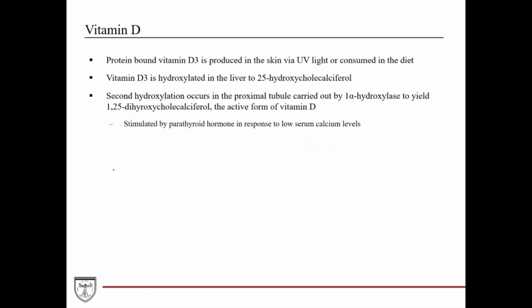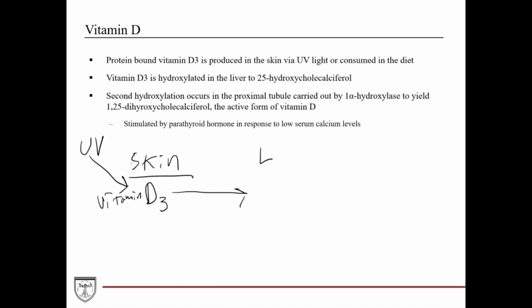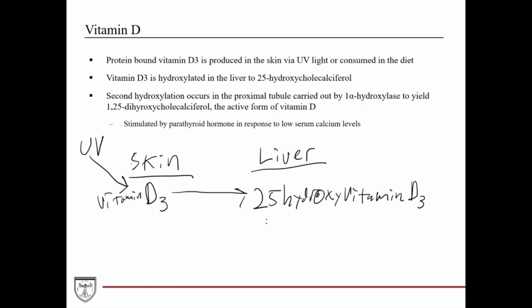The other thing is that vitamin D synthesis is a multi-organ process, and the kidney plays an important role. So you have the skin where it starts out, and we mentioned this in the skin lecture. You have UV light that comes in and stimulates the production of vitamin D3. Then it moves to the liver, where it undergoes the first of two hydroxylation reactions. And so in the liver, what you generate is 25-hydroxy vitamin D, I should say vitamin D3. Then it moves to the kidney,